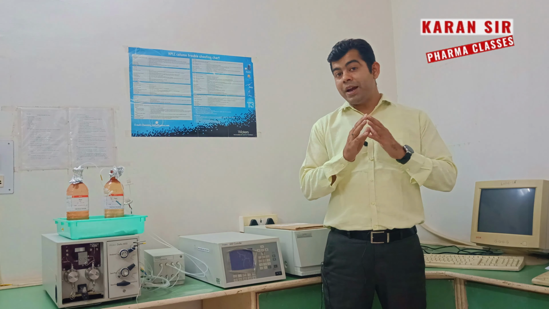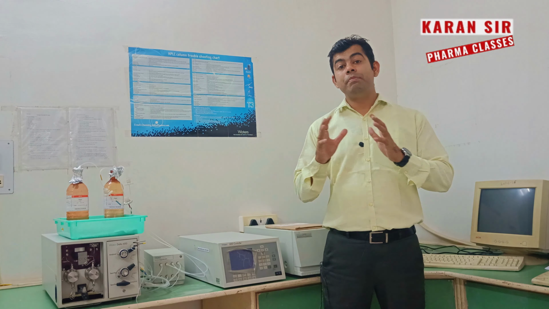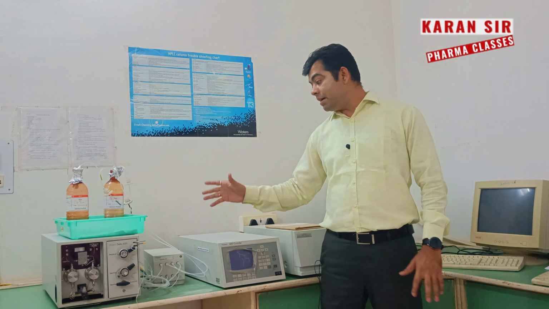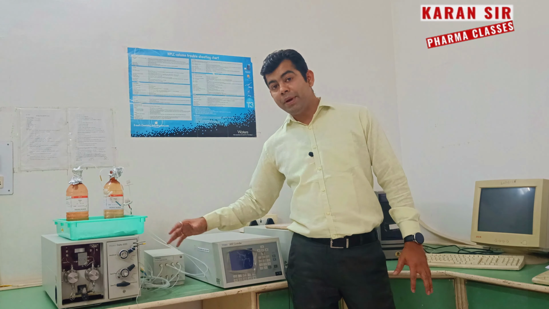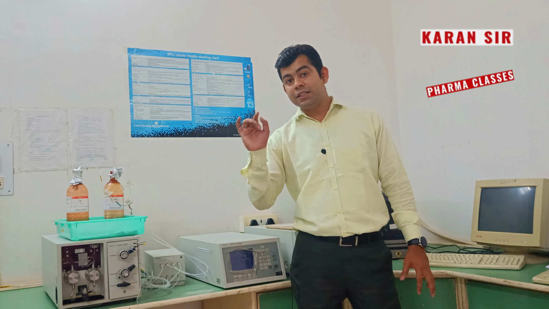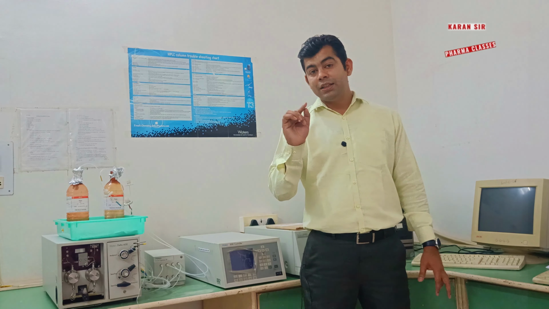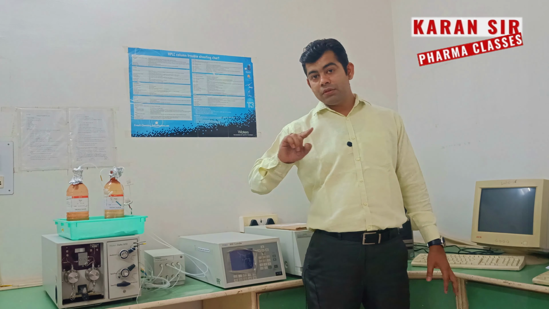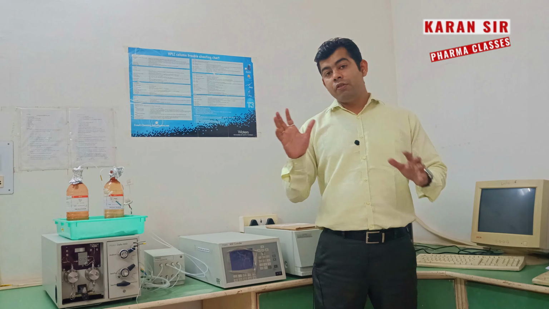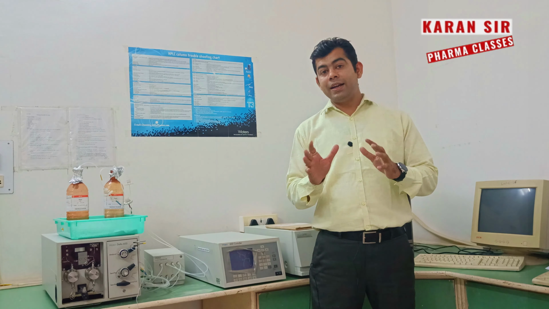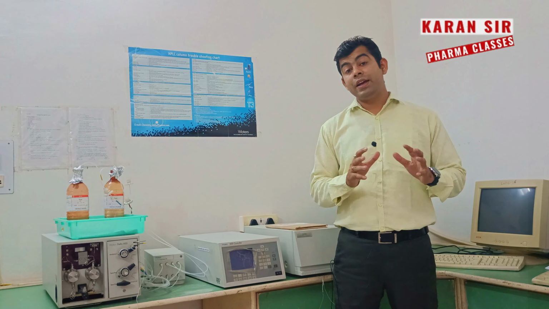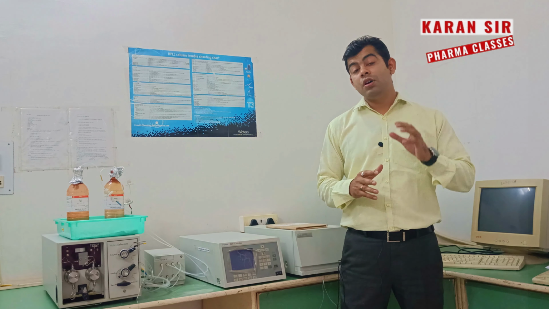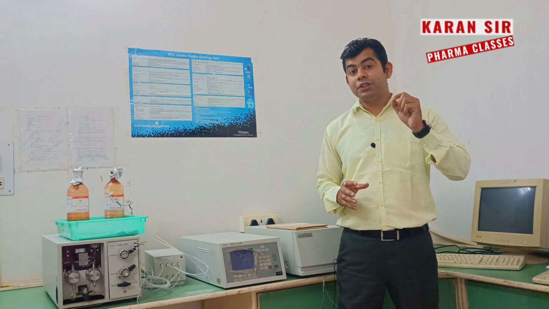The reason is the straight baseline. But in gradient mode, because of the degasser mixing and then pushing, mix and push, we see a little fluctuation in our graph. That's why a zigzag is observed. So in gradient mode we do not get a straight baseline, that's why we use isocratic mode in place of gradient mode. So one of the most important questions arises here.